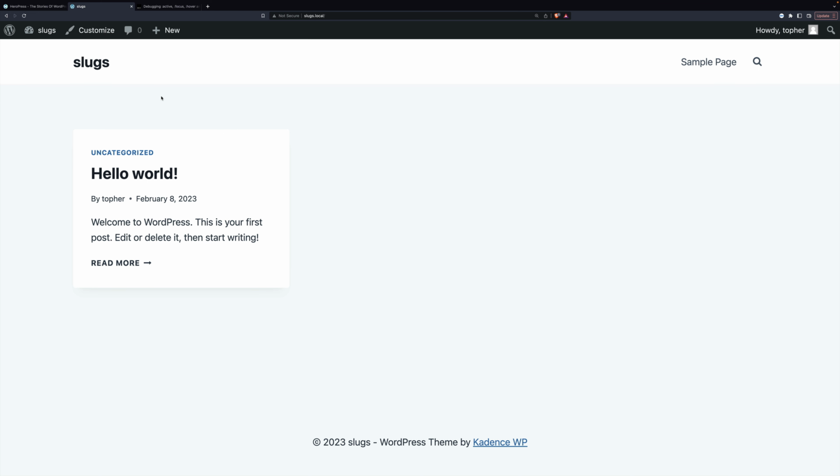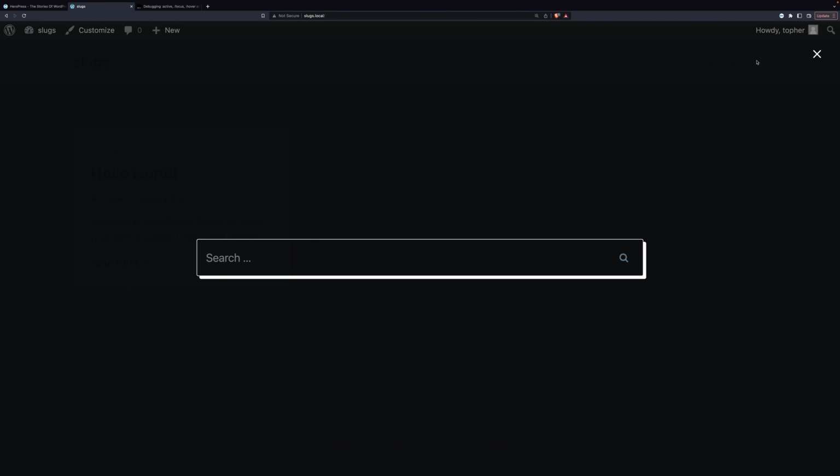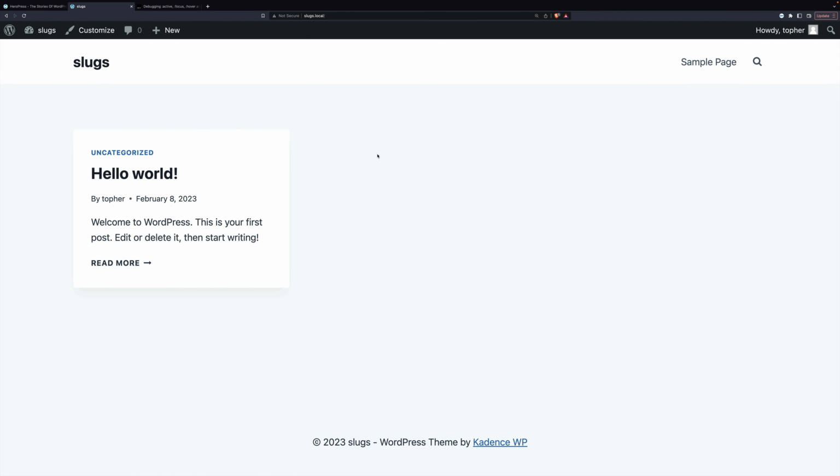This week I'm going to show you how to adjust the look of the Cadence WP search modal. I'm looking at a default Cadence theme here. You can see down at the bottom it says Cadence WP. And if I click the spyglass in the top right, we get a full screen modal that is almost black. It's a tiny bit of opacity there, or transparency there. You can see Hello World back there. And if you click anywhere in the modal, it goes away. I didn't really like that.